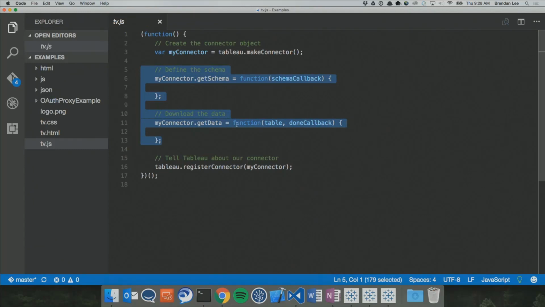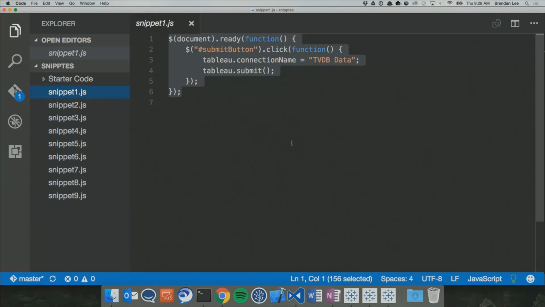So the very first thing I'm going to do is give some functionality to that button. When a Web Data Connector is first launched in the interactive phase, we're going to go in and maybe gather input from a user. But at some point, we need to signal to Tableau that we're ready to move from the interactive phase to the gather data phase. So that's the purpose of that button there. It's just going to say, hey, Tableau, I've gotten all the information I need from the user. Let's move to the gather data phase.